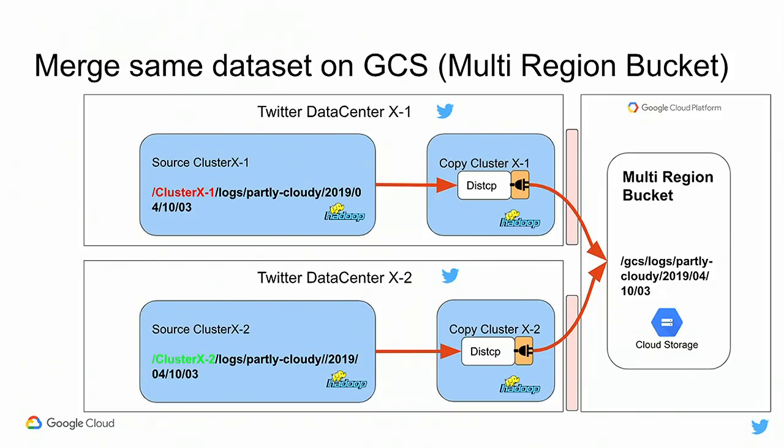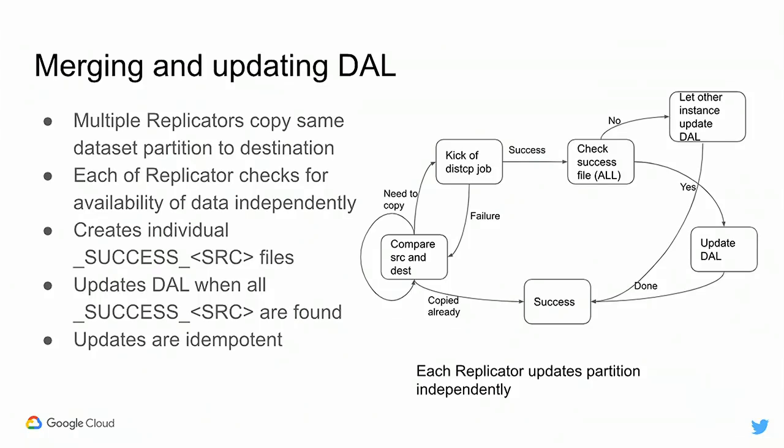So now for cases of n:1 copy, where we have multiple sources writing into a destination, we can set up DistCp jobs independently, and all of them can write into the same path at the destination. We did this because renames on HDFS are pretty cheap, since you have a name node, but on an object store they were pretty expensive. So these particular DistCp jobs understand that they are writing to GCS, and they try to write in place. So how do you guarantee consistency in this case?